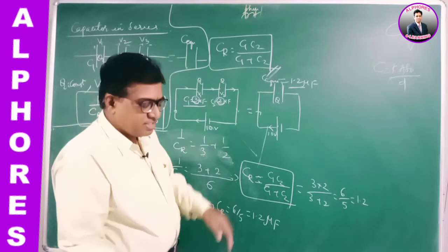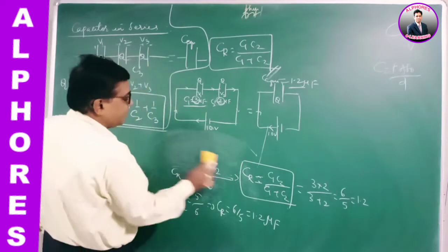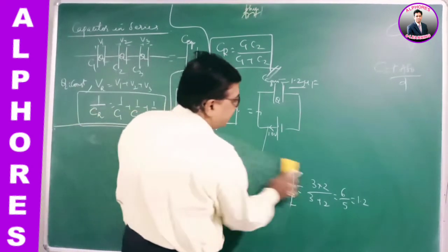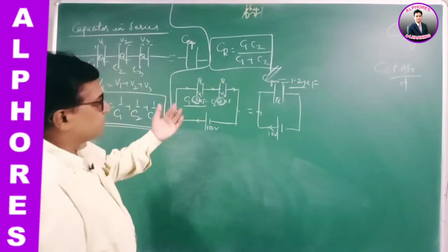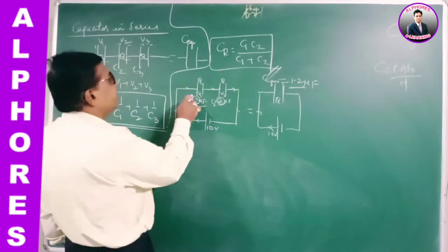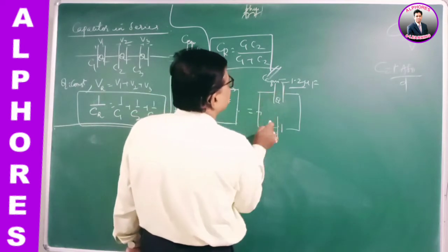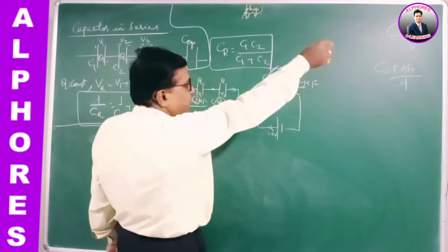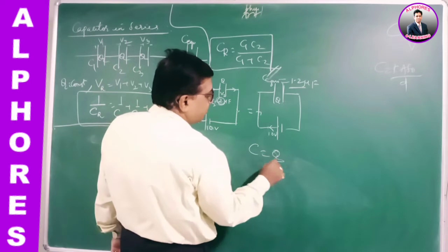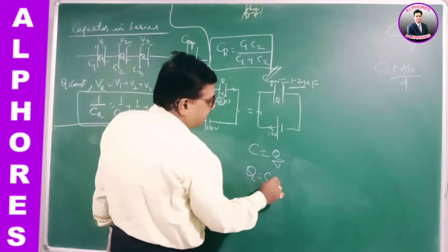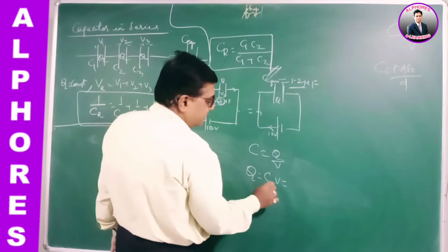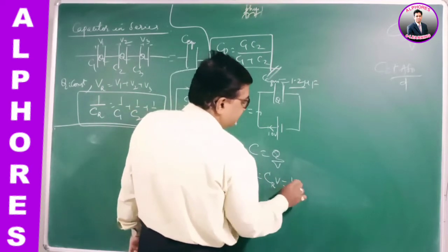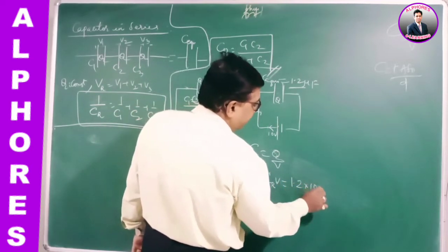Now sometimes in this question itself, he will be asking you what is the charge drawn from the battery, the charge stored on each capacitor. What is the charge that is stored in each capacitor? Well, these two in combination are equivalent to this. So for the charge, we know capacity C is equal to Q by V, so Q is C into V. The charge drawn, charge stored, is the resultant capacity into this. So the resultant is 1.2 into 10 volt.